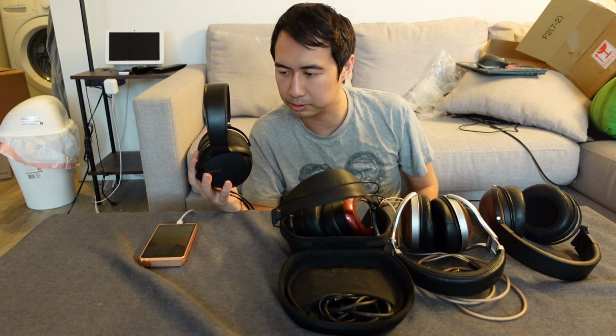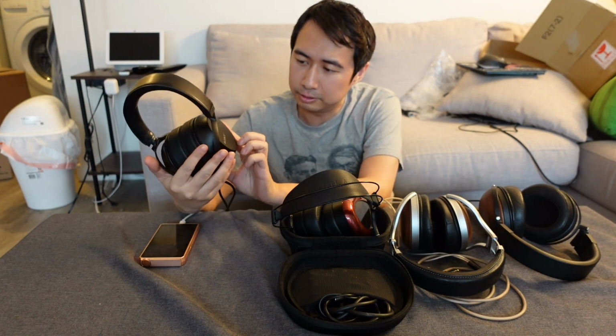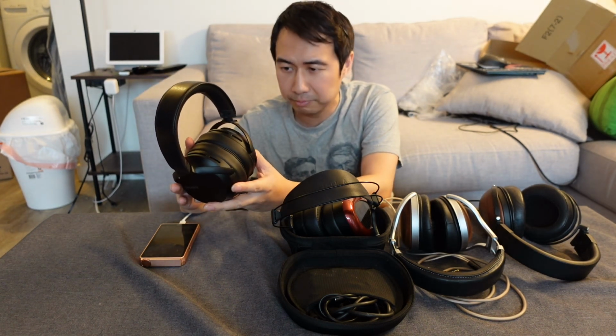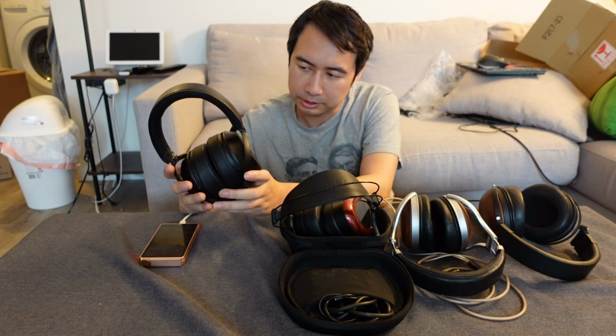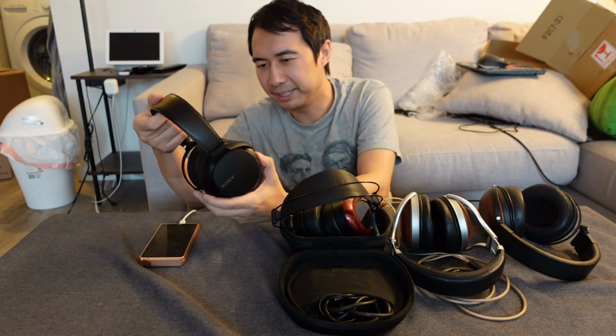So I would take the Shure SRH 1540s as well over these Z7M2s, because it's more balanced sounding to me. It's got more detailed bass and more detailed highs. The highs aren't recessed. The bass isn't bleeding into the mids as much. You still get that detailed mid like you do on here. So overall, I would call this a bit of a disappointment. I was expecting probably, or maybe it does meet my expectation considering my experience with Sony's wireless headphones. So I guess maybe it's more or less what I expected, but it's still a little bit of a